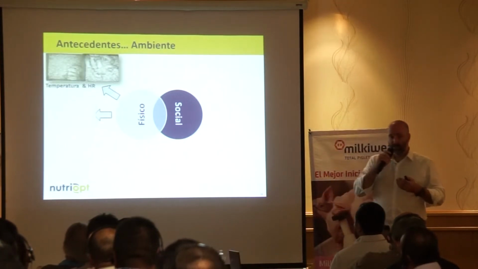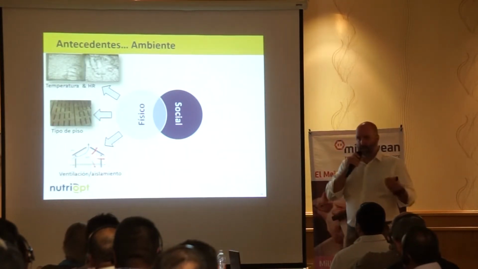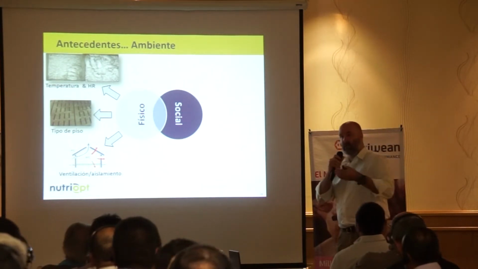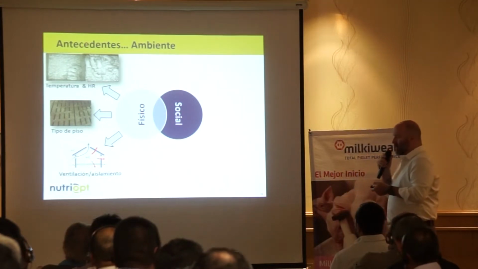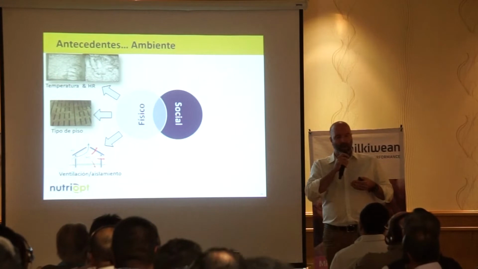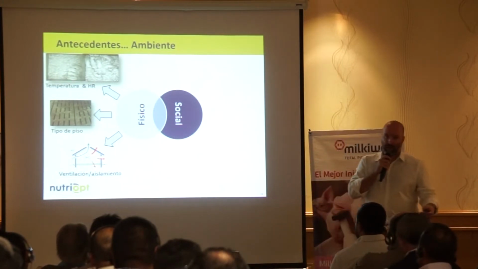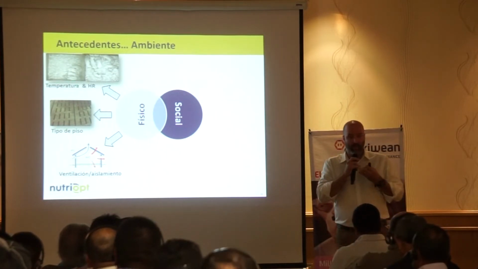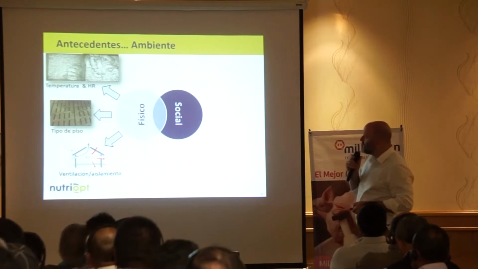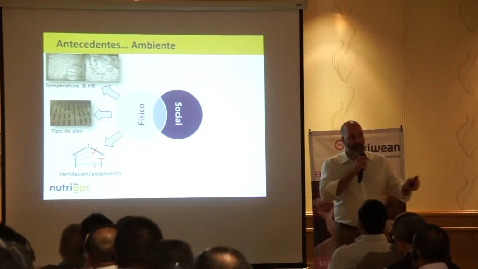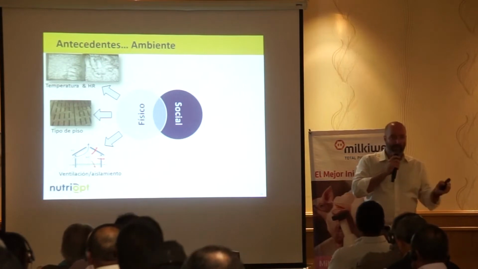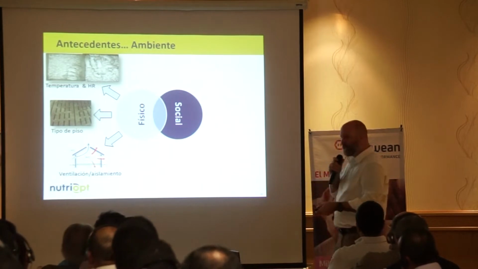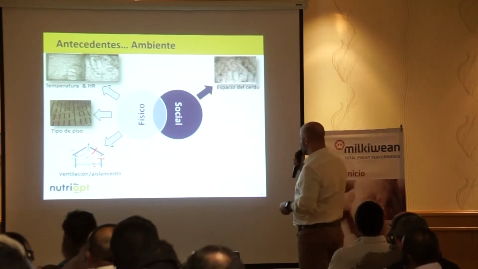So the physical environment covers the temperature, relative humidity, what the pigs feel in their environment. Are they hot? Are they cold? Do they have to huddle together, or are they comfortable? The type of flooring that they're on, are they on a concrete slatted floor, or in the case back in Canada, sometimes they're raised on straw, either because they're organic pigs or just to keep them warm. And what's the ventilation like? Is there a lot of air movement? Is that air movement chilling the pigs, making them cold? Is no air movement causing problems with air quality? So these are all things we look at.